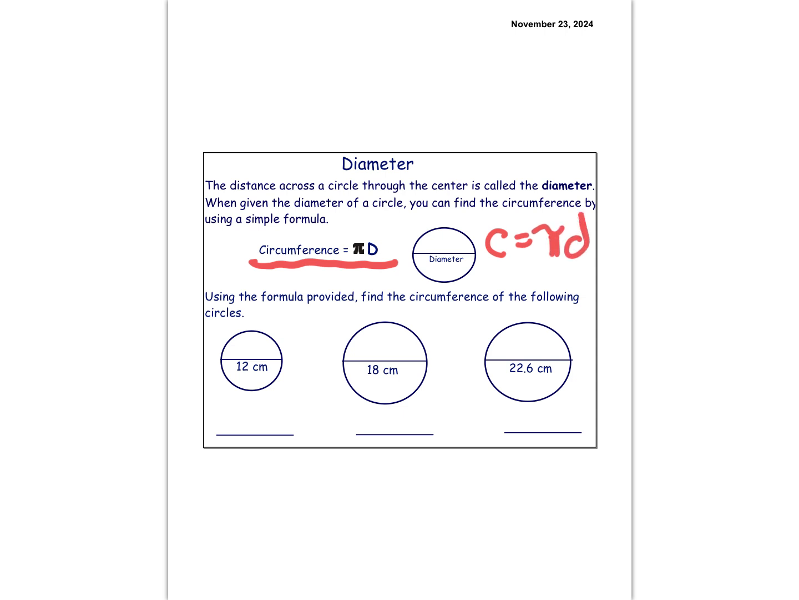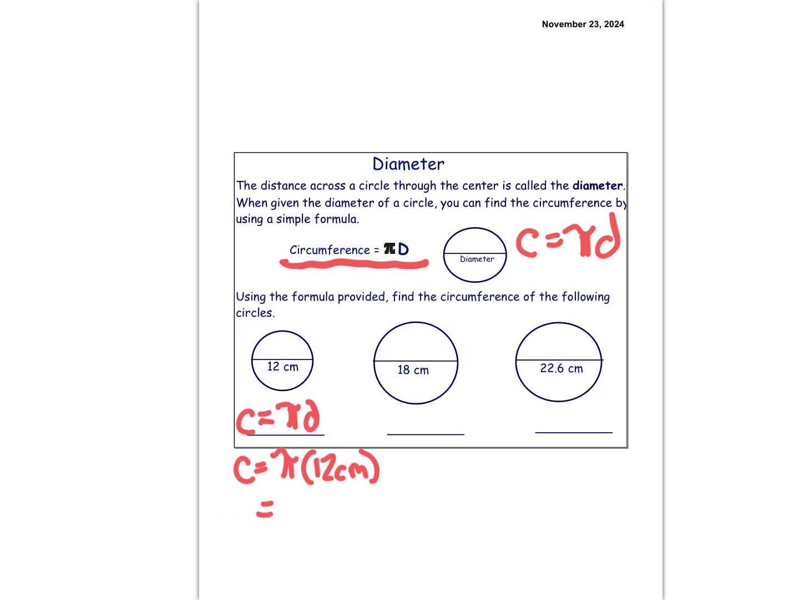Okay? So using the formula provided, find the circumference of the following. In this instance, we have 12, so C equals pi d. So C equals, I'll put pi, and then, because I'm going to use my calculator or my phone beside me right now, and 12 centimeters. And when I calculate that out, we end up with